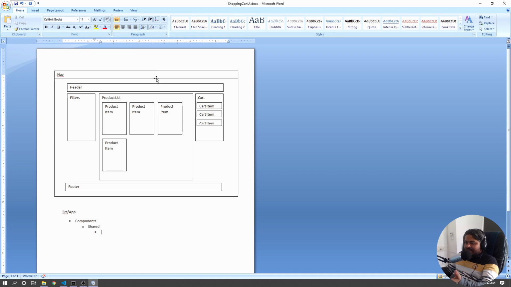So in future there is a possibility of having multiple screens apart from this product listing screen itself. There could be a checkout screen, there could be a login, logout, or sorry, login, register screen, and so forth. So what we need here is header, navigation, and footer to be shared between all the features. So shared would be a folder, and then there will be other folders of your featured components. So I would have a nav component inside the shared, then header and footer, and then I'd have the shopping cart